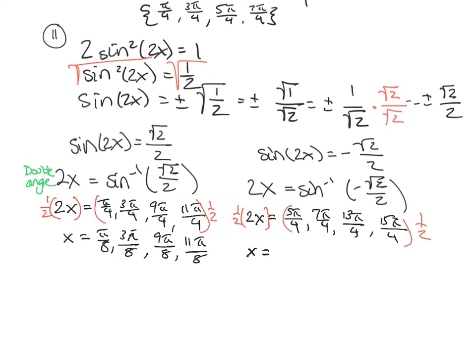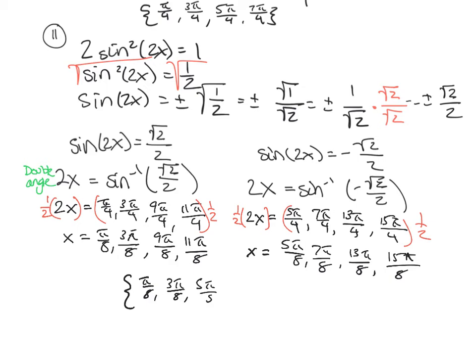And for our negative side, we're going to get x is equal to 5 pi over 8, 7 pi over 8, 13 pi over 8, and 15 pi over 8. But again, not done, because we still need to put it into a solution set for our proper answer, and that's going to be pi over 8, 3 pi over 8, 5 pi over 8, 7 pi over 8, 9